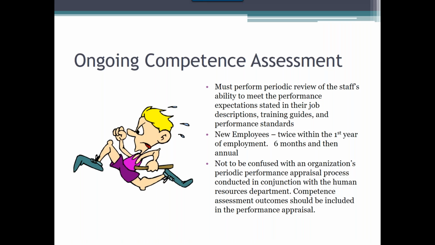So once the initial competency phase has been completed, then you move into the ongoing competency phases. Ongoing competencies should be performed to make sure that employees continue to perform their jobs to the expectation of leadership. So new employees are required to have competency performed in the first 6 months and then again at a year. And then after that, these employees are competencied on an annual basis. As I mentioned, new test systems also follow that same track. So they will do a repeat competency required at 6 months after it's introduced, and then again at a year,